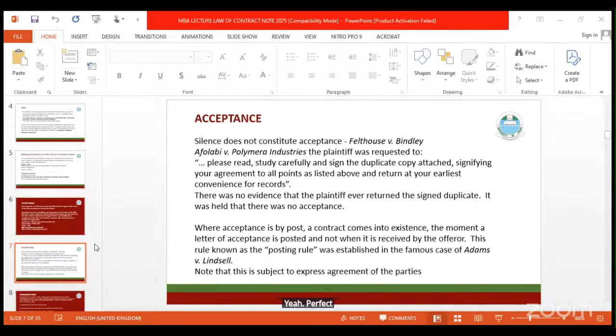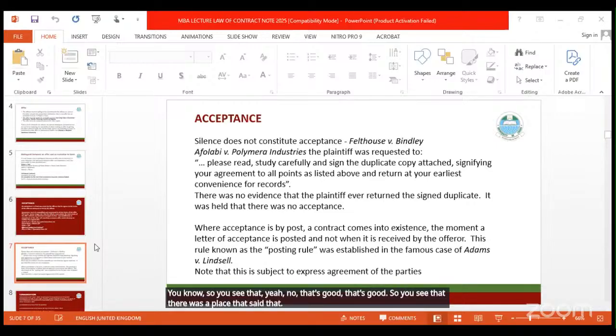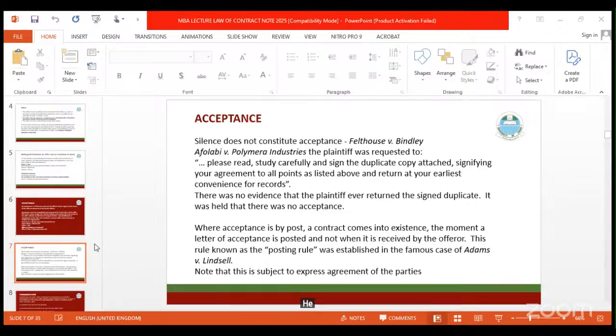Perfect. In fact, I love it, it's like you were there in that court. You were one of the lawyers that appeared in that trial, because the way you put the facts was so sweet. So you see that there was a place where someone said, look, if I don't hear from you, I will take it like this. He intended to, he had it in mind. Because remember that all this he was saying, it was when the man went to court, saying, I had it in mind to send it to him, but I forgot. So that's why the question is raised here: does silence amount to acceptance?